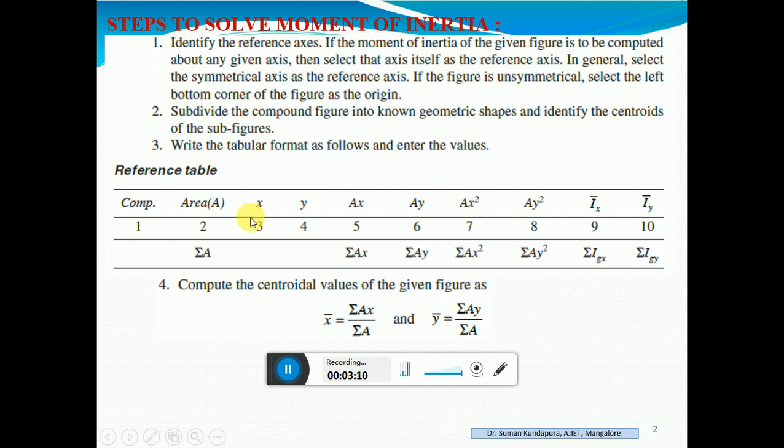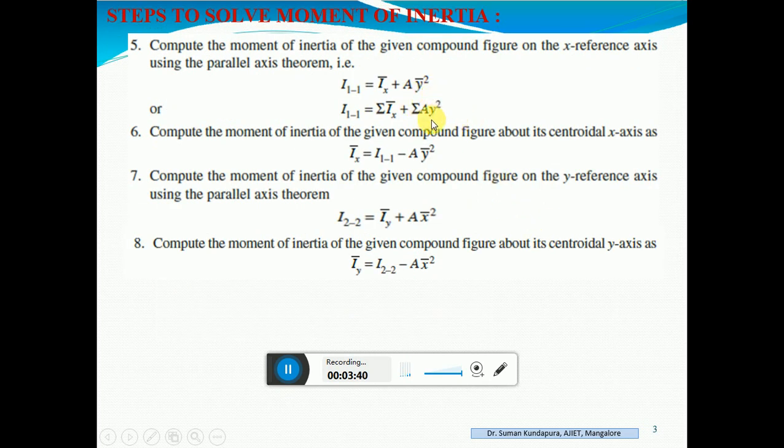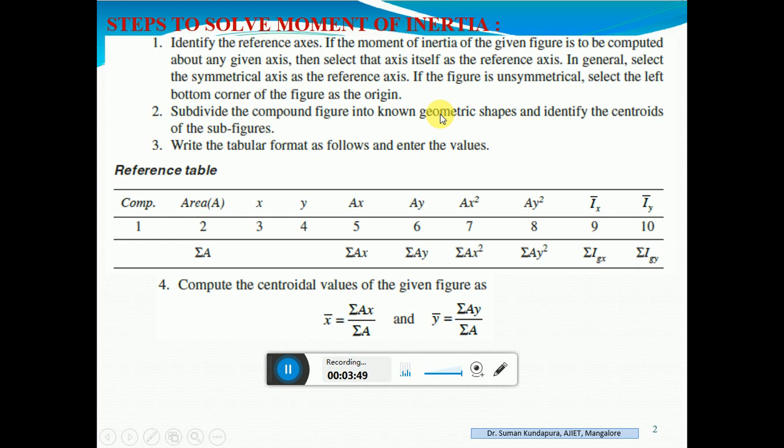Next, find out the area into x squared distance. Why we need this Ax squared and Ay squared is to find out the Ix bar, right? Then here we have Ix bar, a separate formula for each of the figures, that is Ix bar we derive for each of the figures, right? So this Ax squared and Ay squared will be helpful for you here to calculate using the parallel axis theorem. When you calculate I11, Ay squared and Ax squared will be helpful for you.